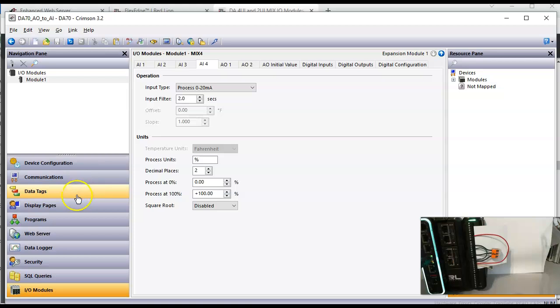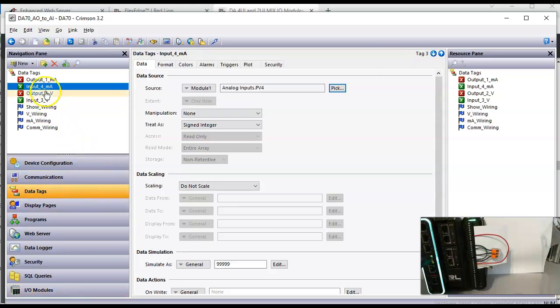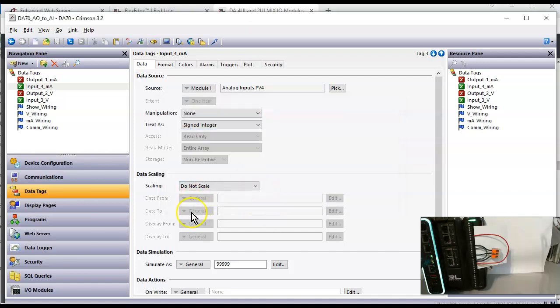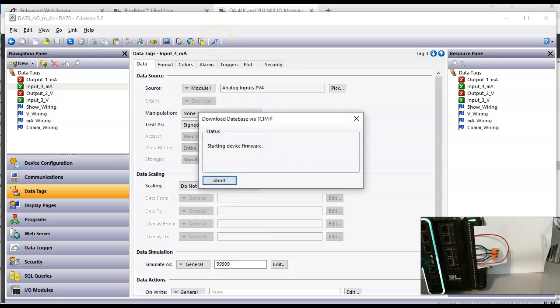And if I go over here to data tags, that's this channel right here. If I click the pick button, you can see that it's mapped to analog inputs, status, PV4, process variable 4. And I'm not doing any formatting here at all right now. I'm not doing any limits, anything. Everything's default. So if I download this to our screen,